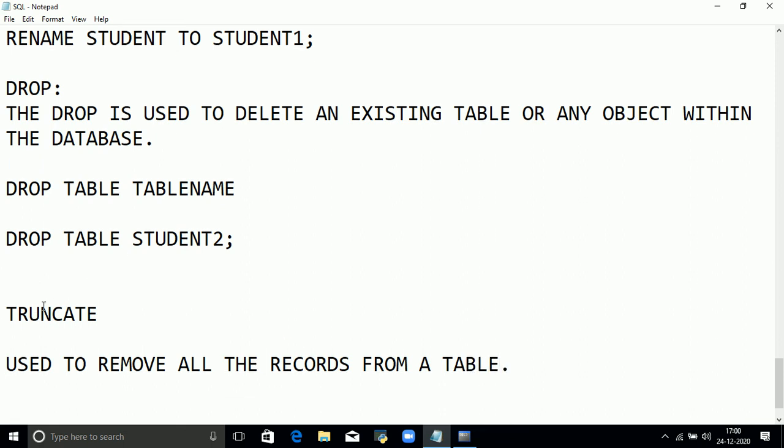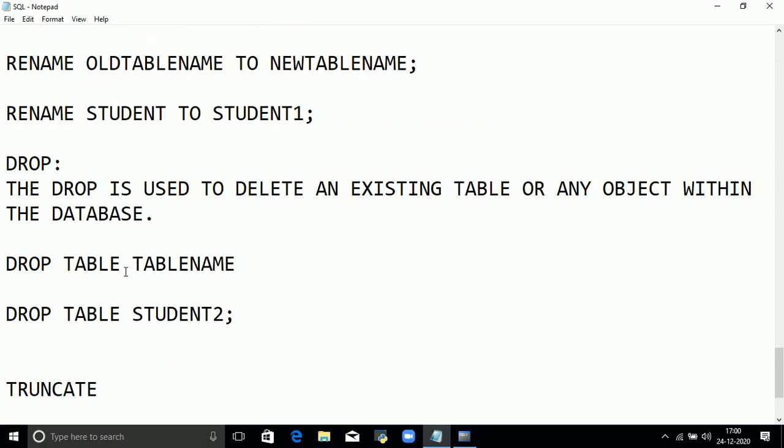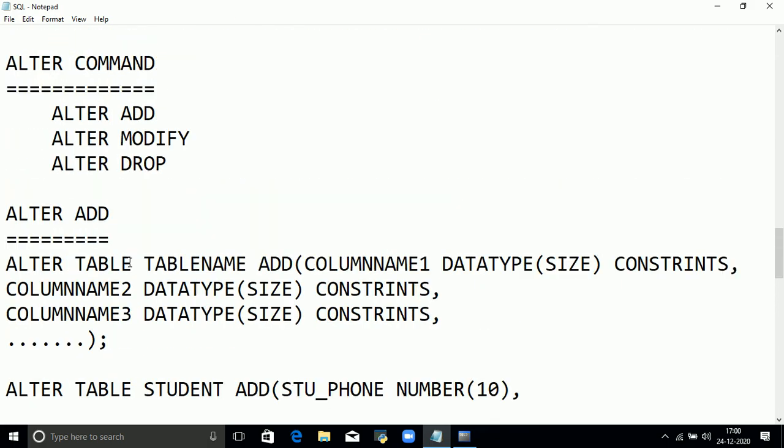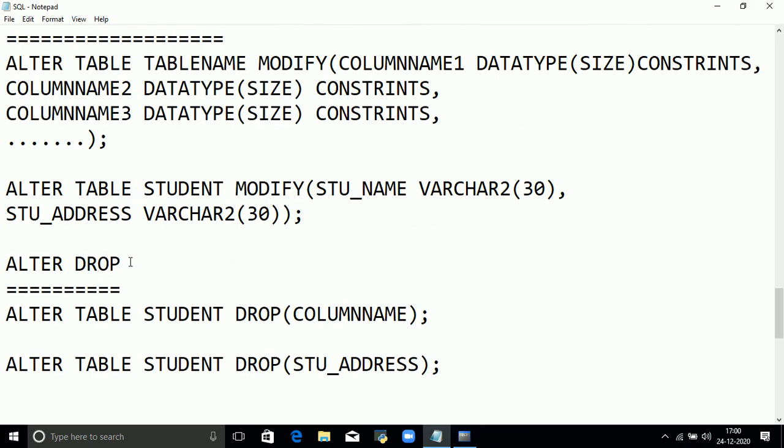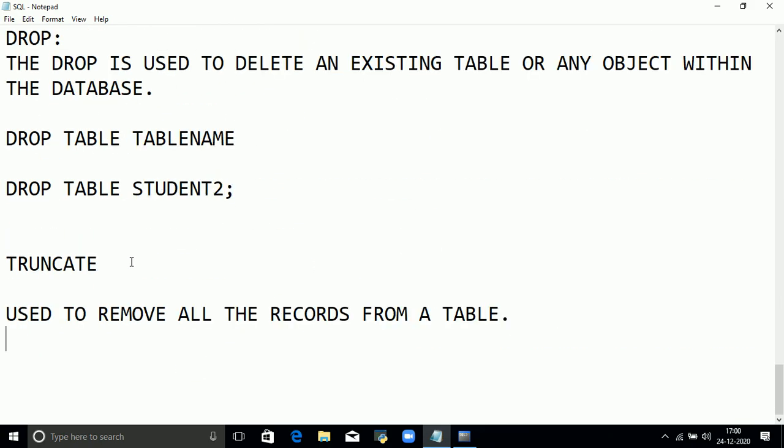So these are the DDL commands, the data definition language commands: create table command, alter command, rename command, drop command and truncate command. I hope you understood all these commands.